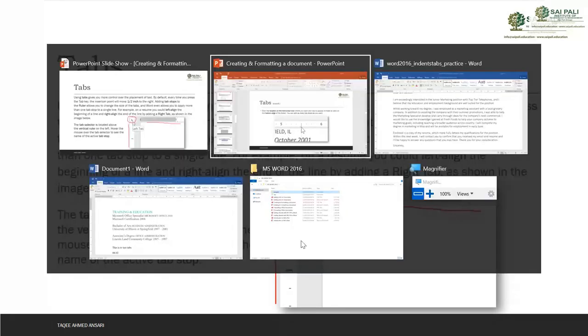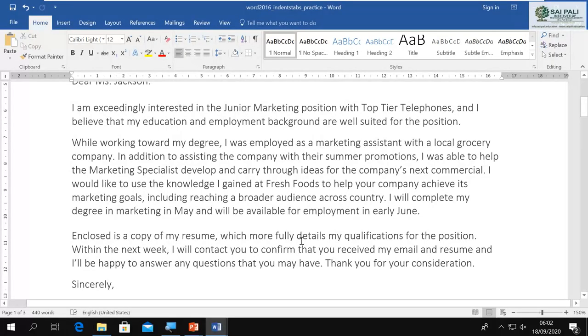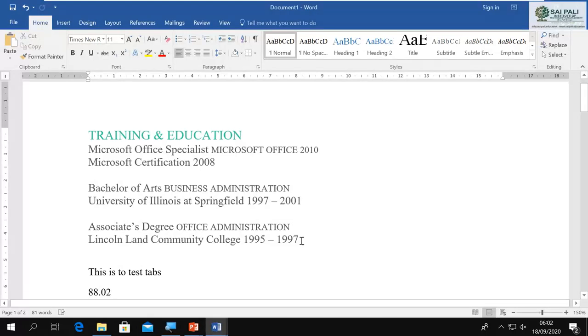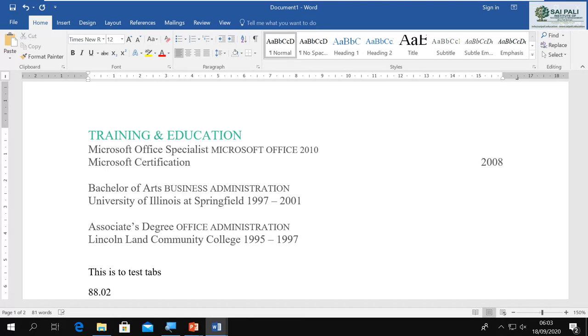Let's say I have a document here, and I want to push that date to the end of the line. I put my insertion point here, and if I press Tab here, see what happens.